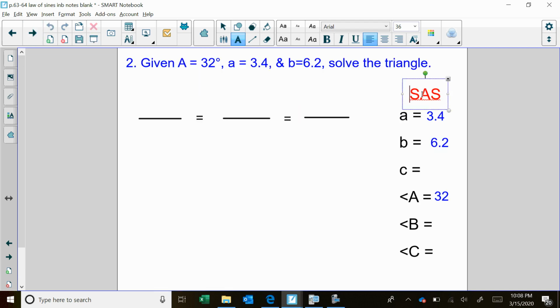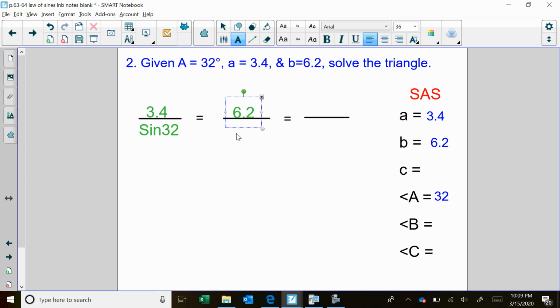This time it's a side angle side. I'll try to rush through this. Remember, you can always stop, replay, rewind. So I'm going to get through this semi-quickly. I'm going to go ahead and put my fraction, my proportion together. So the only angle measure I have is 32 degrees. So that's going to be sine 32 on this bottom fraction. I have a side length of 3.4. I've got another side length up here,